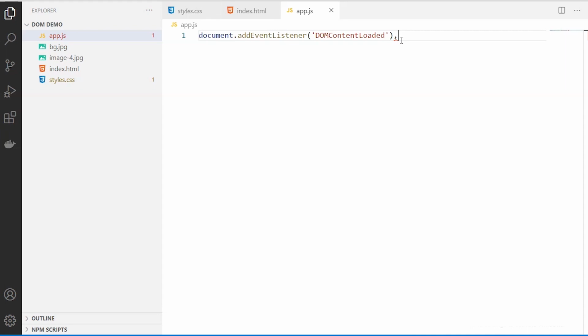But another event is there which is called just load, and it should be used to detect a fully loaded page along with style sheet and everything. So people usually confuse between this load and the DOMContentLoaded. So understand the difference. Load is fully loaded, whereas DOMContentLoaded fires only when the DOM features or the HTML content is loaded.